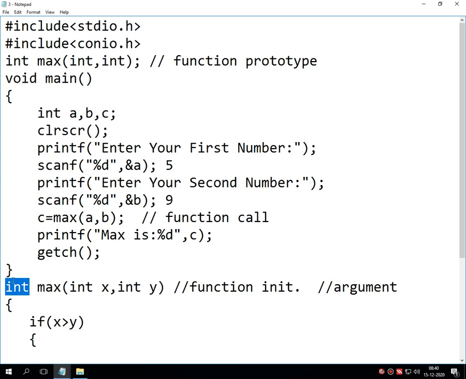Just remember one thing: whatever the return type you have declared into the function prototype,